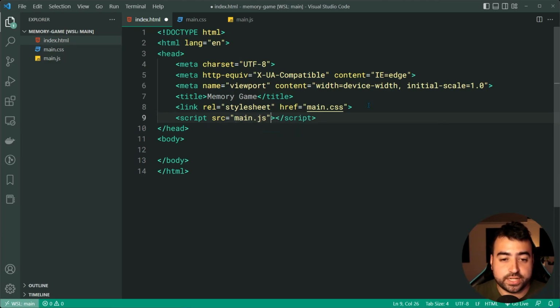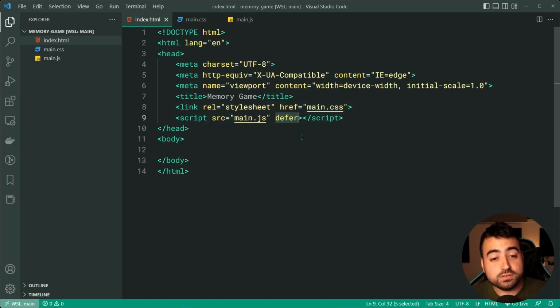to main.js. Now, I'm also going to use the defer attribute. This here means that the script is going to load alongside the page, but more importantly, it's only going to execute once the document is loaded, which means you're going to avoid running into errors such as elements not found. Cool. So going inside the HTML, let's begin inside here before going on to the CSS and then lastly the